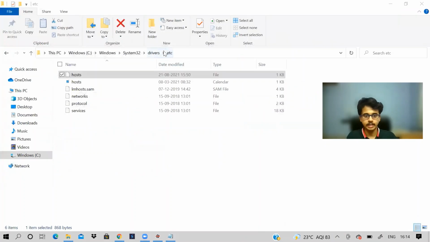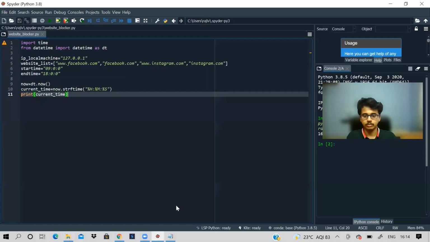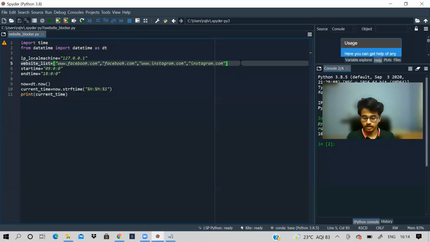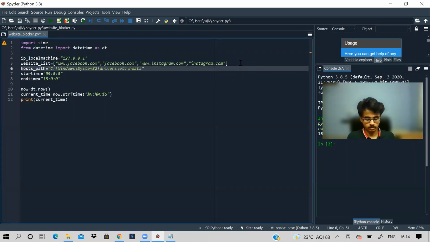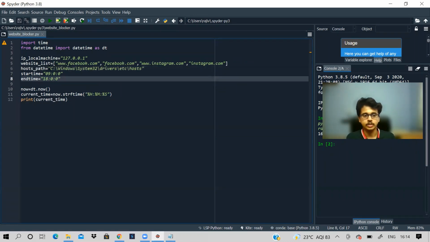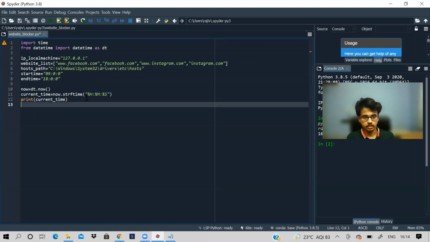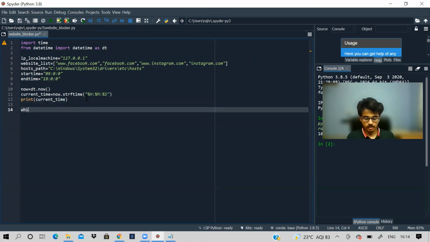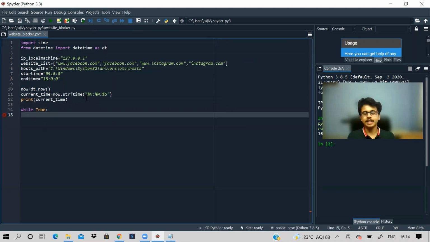But first of all, this is fine, right? So now we need the path. Let me write the path over here. So this is going to be our path. And now what we will do, we will run an infinite loop. Why do we need an infinite loop? Because this process should keep happening.